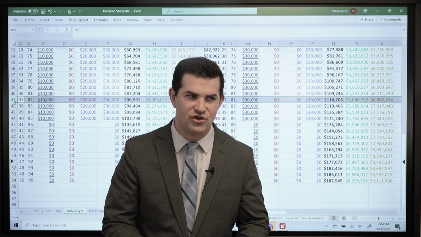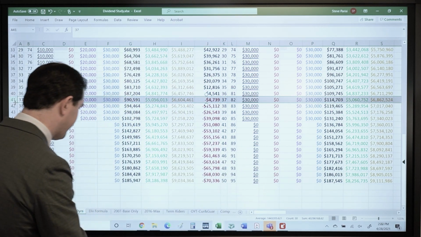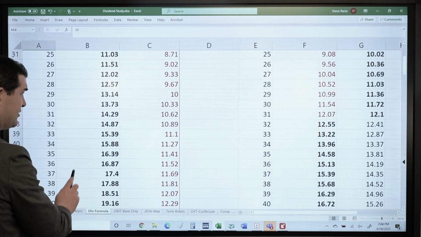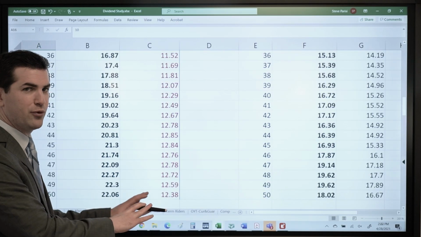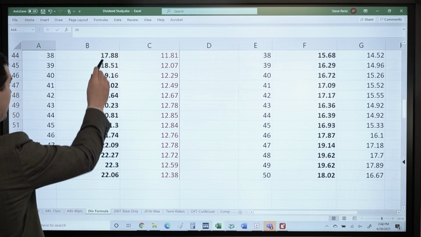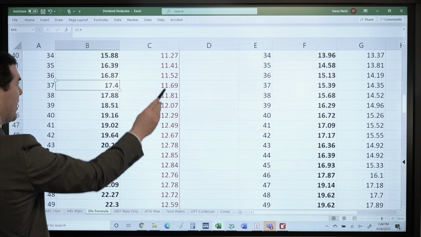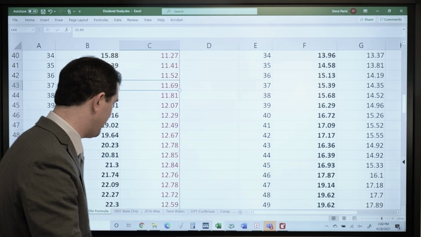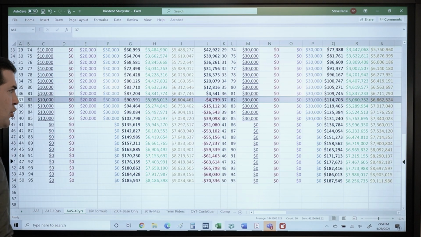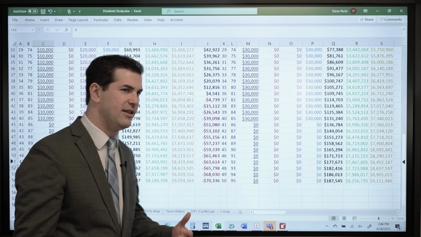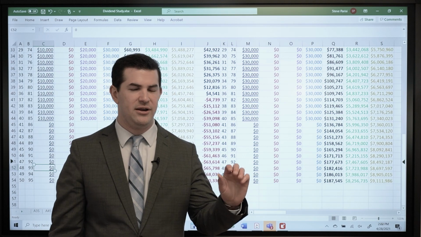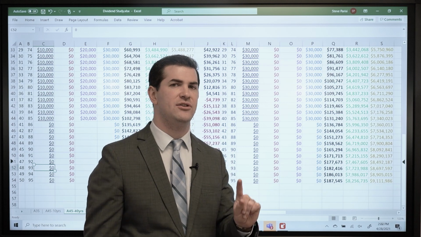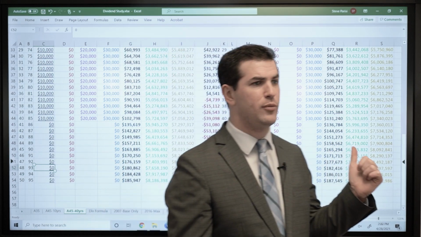So based on an illustration or projection, and going back to that dividend formula, when we look at it long term, what can happen, and this dividend formula here is from these same age 45 illustrations, it gets more and more favorable. By year 37, you've got a big gap as far as how the company is treating dividends on base premium dollars and PUAs. The thing is, going back to the purpose of this video and the main objection, illustrations versus reality. I want to look at actual policy performance because this projection could make a case to say, hey, should I